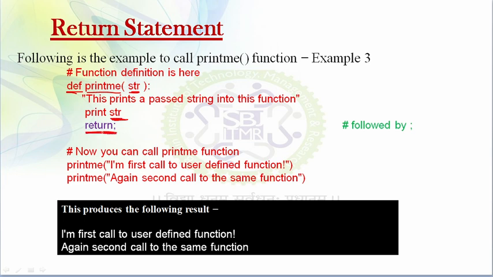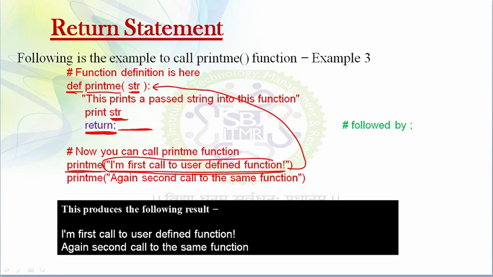I am not returning anything to my main program, to my Python prompt. So here I am simply using the return keyword and I am not returning any value. To execute this function, I will call my print me function, and here I am passing the string "I am first to call user defined function".